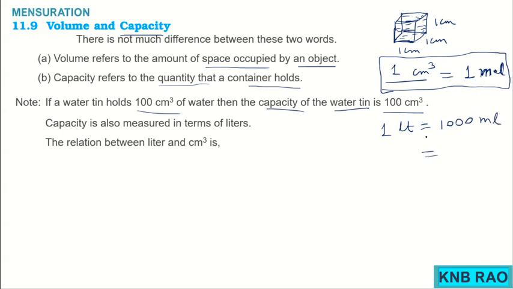That means 1 liter is nothing but 1000 centimeter cube. So 1 liter is 1000 cc. You might have come across the word cc in the case of the capacity of your bike: 125 cc, 150 cc, 180 cc, 220 cc. Normally bikes run with that speed. How is that speed getting this capacity terminology?